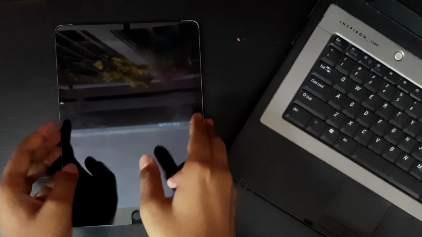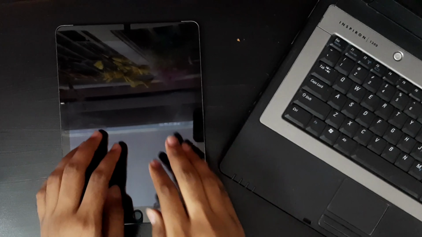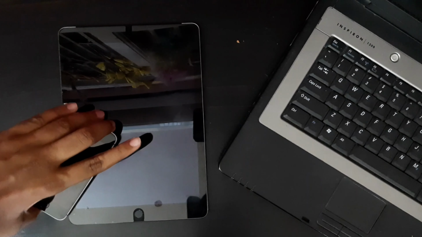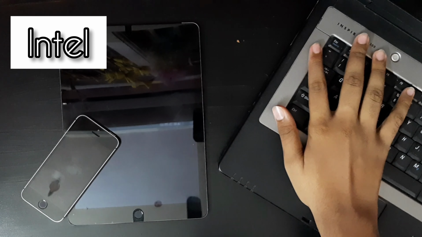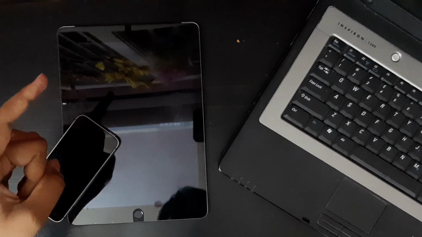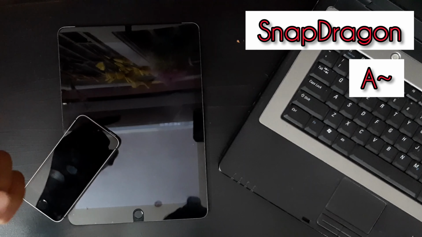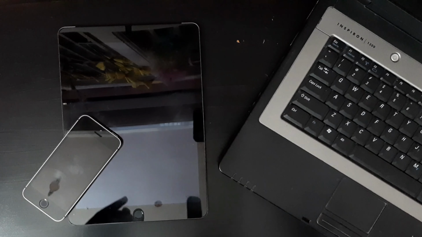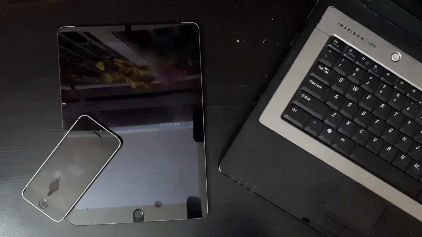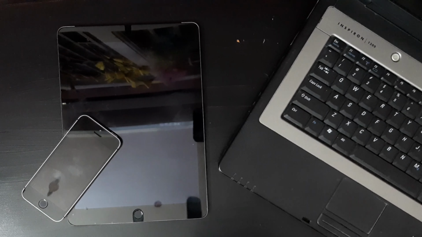Most of the tablets contain the same amount of RAM as the smartphones, but huge internal storage like 1 TB, 2 TB, 512 GB of internal storage, etc. Most laptops and PCs use the Intel chips made by the Intel company, and smartphones and tablets use Snapdragon or the A series chips, which are getting more and more advanced over the years. Leaving all this aside, let's talk about smartwatches.